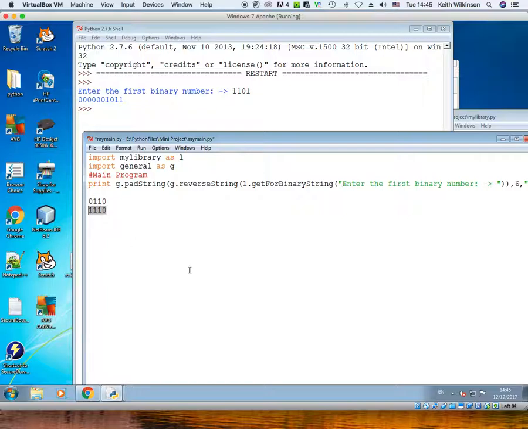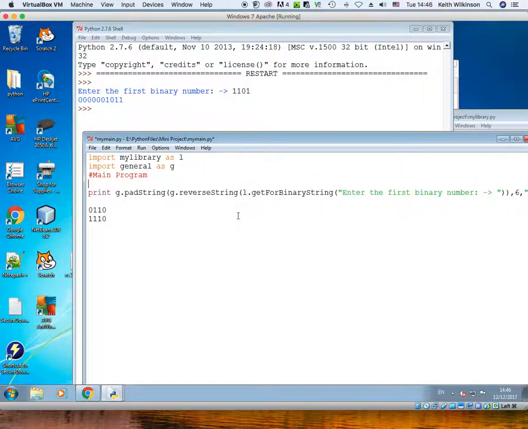So I've got a little bit of a problem here actually detecting the lengths of my binary strings. And I'm not going to reverse them either in this one. So in my main program, I'm actually going to get 2 binary strings. So B string 1 equals,